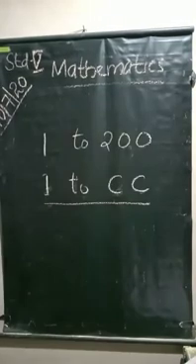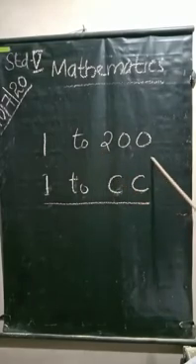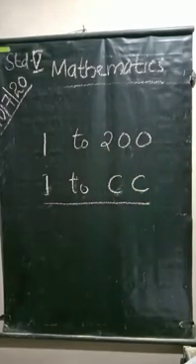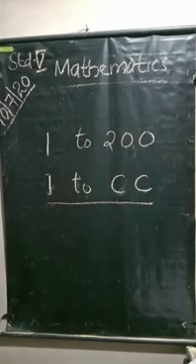And in class 5 we are going to study how to write Roman numerals up to 200. Use these 3 rules and we can write all the Roman numerals up to 200. Study these 3 rules. And all of you write these rules in your notebook and study this well. Okay. Thank you.